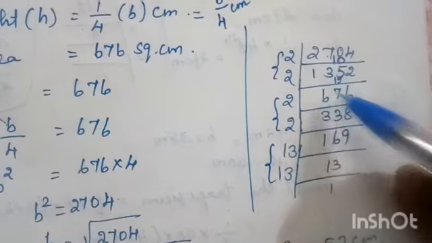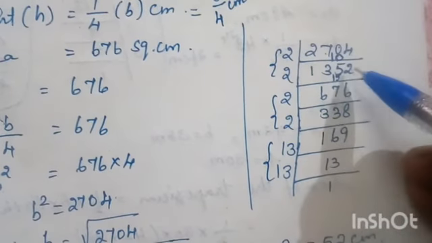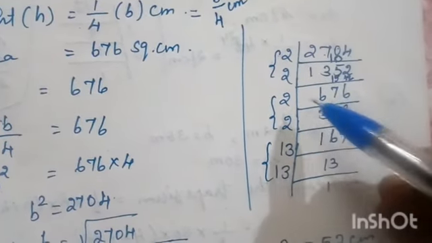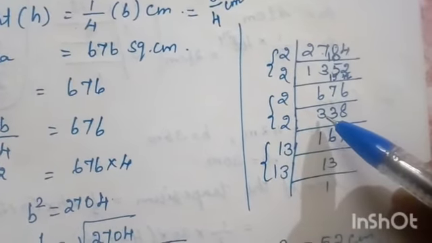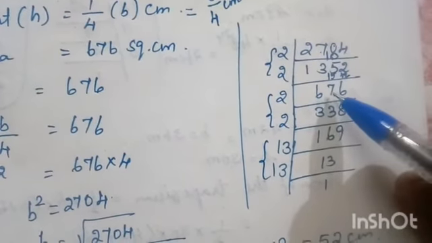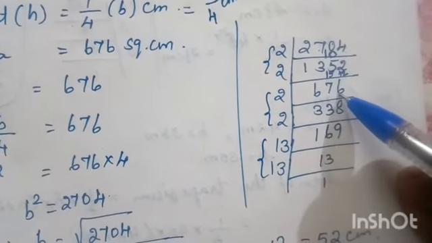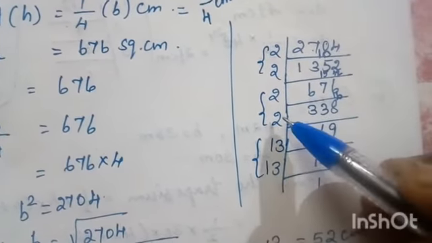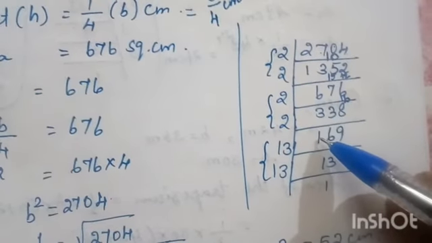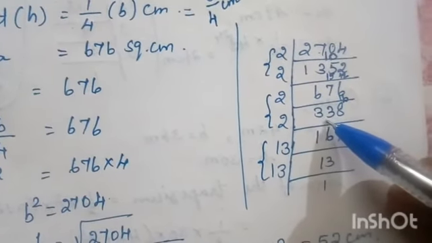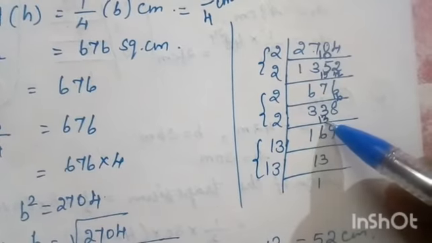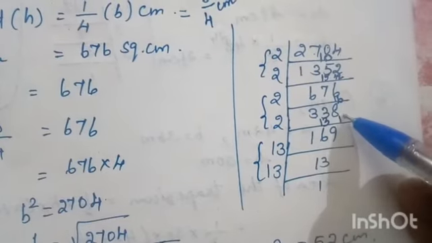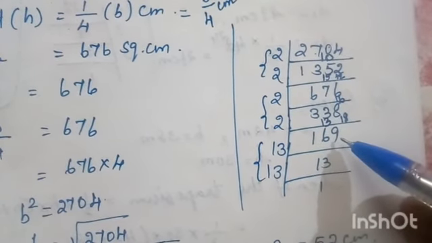So 15 has how many 2s? 7 2s are 14. Then again balance 1, so that is 12. 6 2s are 12. Next again 2 table. 3 2s are 6. Again 3 2s are 6. Balance 1 is there, so the next number is 16. 8 2s are 16. Now again 2 table. 1 2 is 2, balance 1 is there, so the next number is 13. 6 2s are 12, balance 1, so the next number is 18. 9 2s are 18.